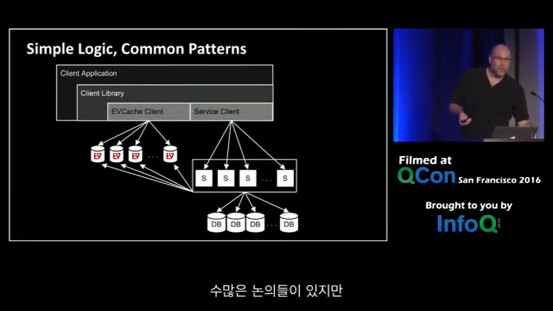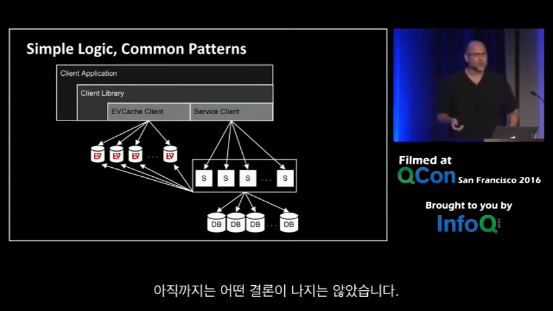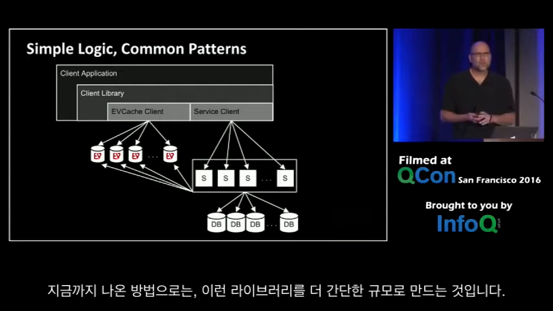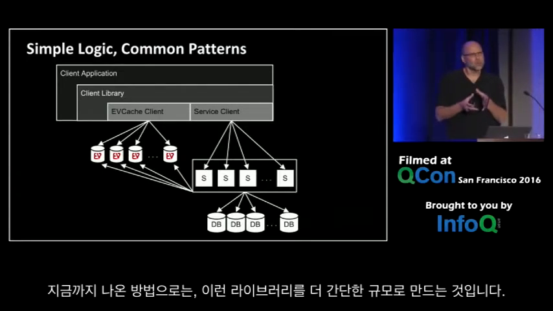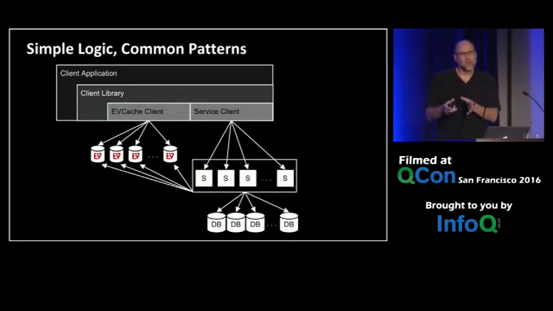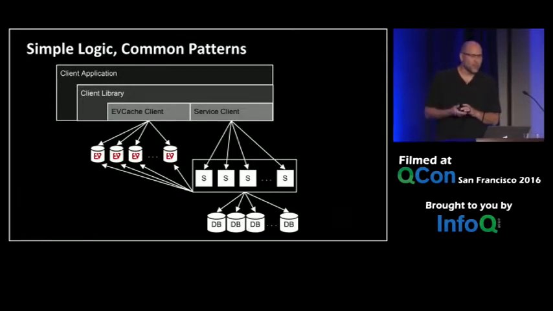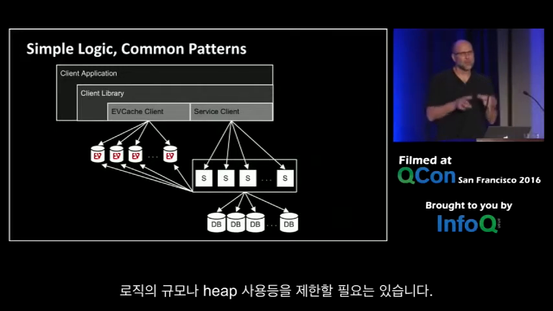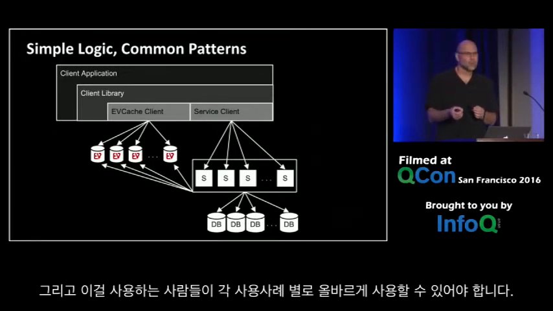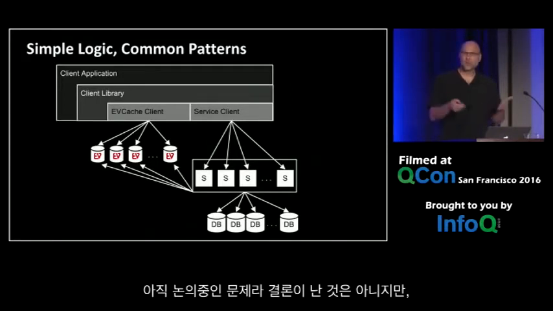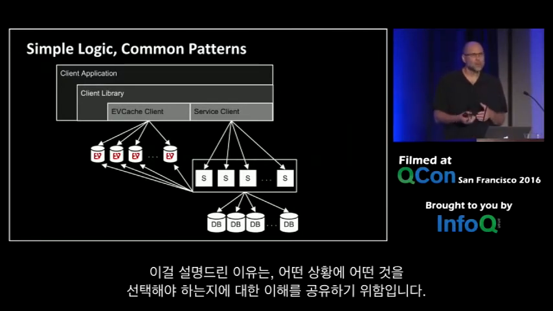There's been a lot of discussion about this. It's been somewhat controversial even over the last year or so. The general consensus has been, though, to try to simplify those libraries. There's not a desire to move all the way to that bare bones REST model. But there is a desire to limit the amount of logic and heap consumption happening there. And you want to make sure that people have the ability to make smart, thoughtful decisions on a case-by-case basis. So we'll see how this all unfolds. This is sort of an ongoing conversation. And mostly I'm bringing it up here so that all of you can be thoughtful about these trade-offs and understand that.